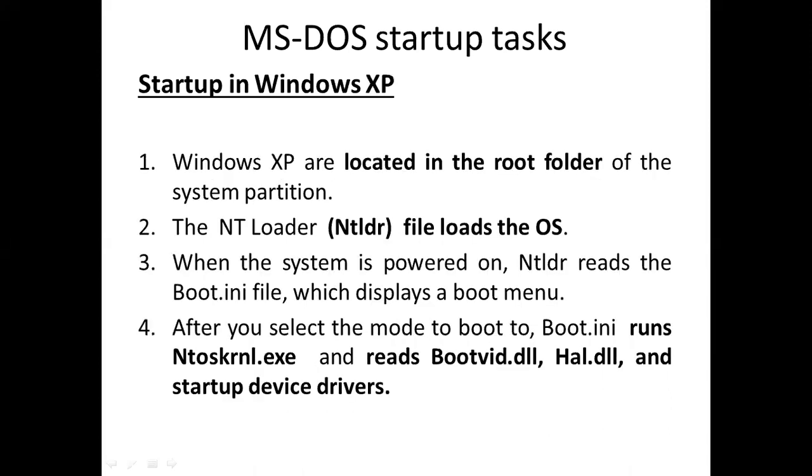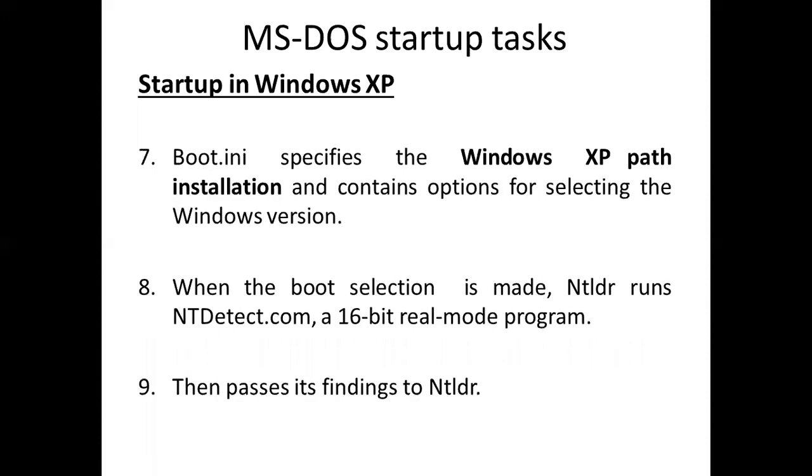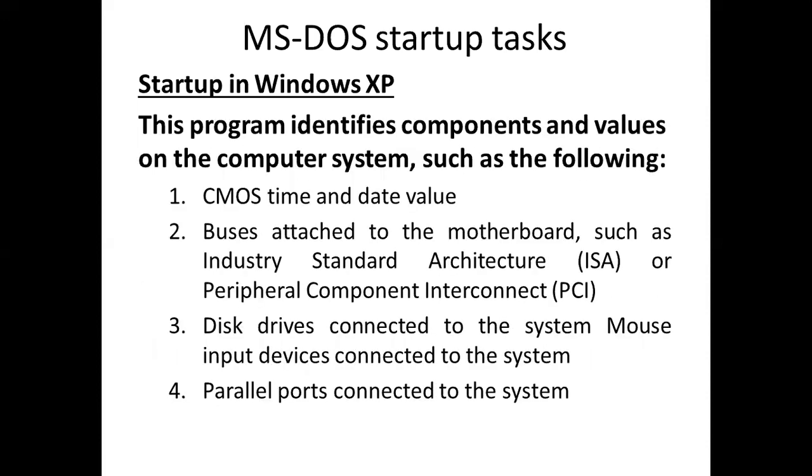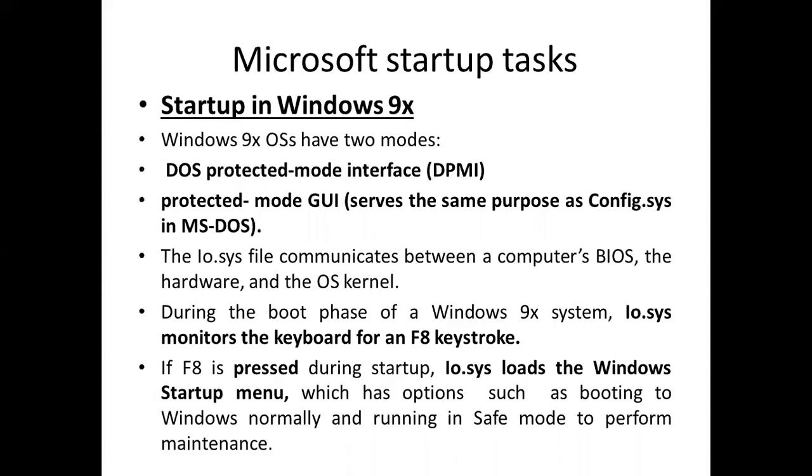So in XP, there is something called a network folder that is going to load all the operating system files. And these are the components that are specific for Windows XP. So we'll move on to the next one, that is Microsoft Windows 9X. 9X covers the different Windows operating systems that were generated from 1995 to 2000.